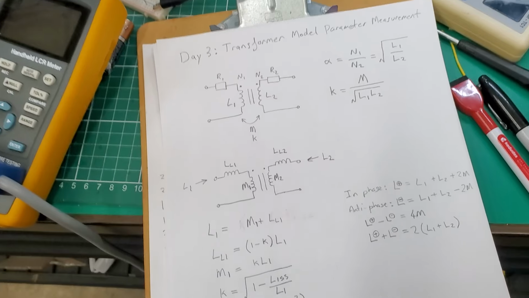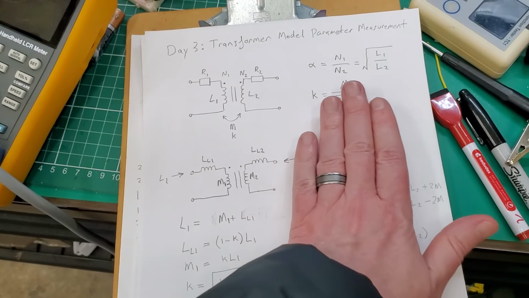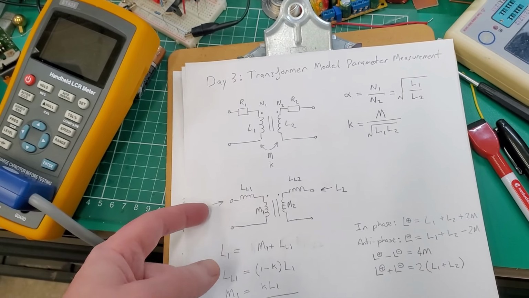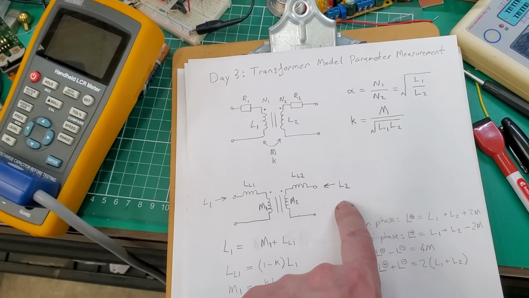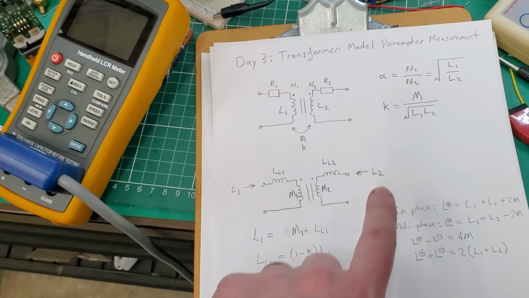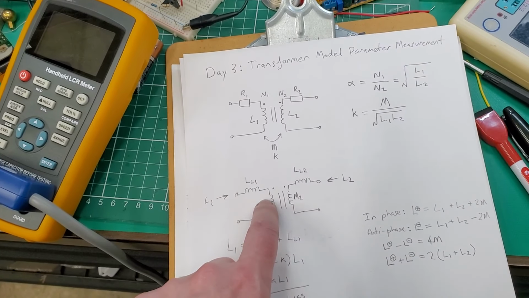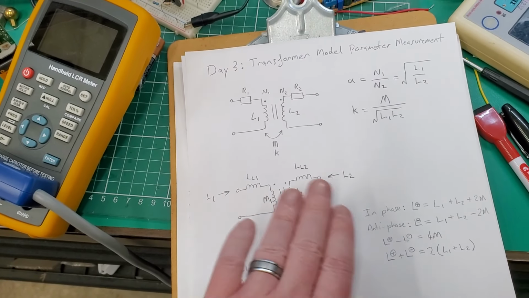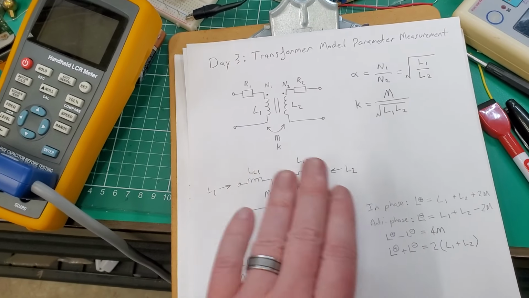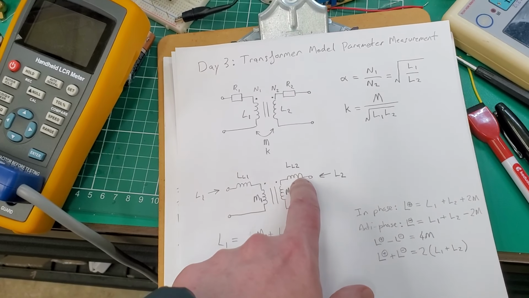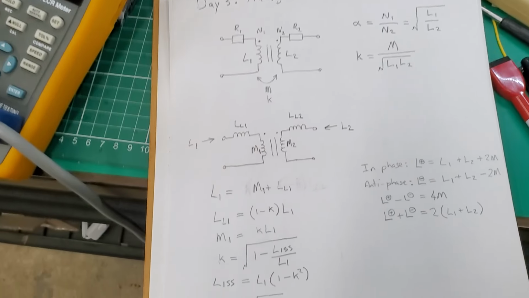So this brings up the second way you can do this, which is to simply short one winding and measure the inductance. When you're measuring the inductance of this with open circuit, you get some value. You short this and it will drop. And the amount that it drops is a reflection of the fact that the mutual inductance has been reduced by mirroring this leakage inductance over to this side of the transformer. But